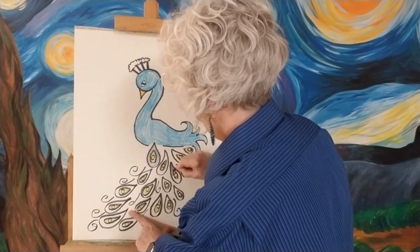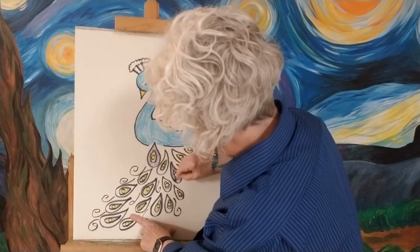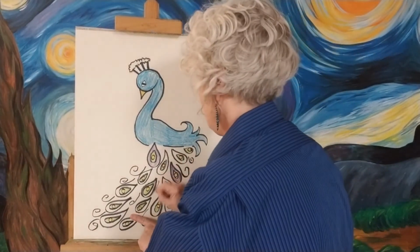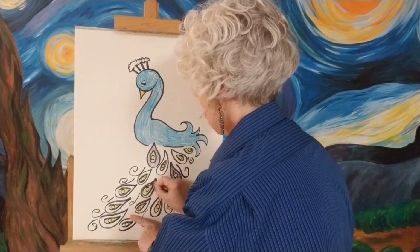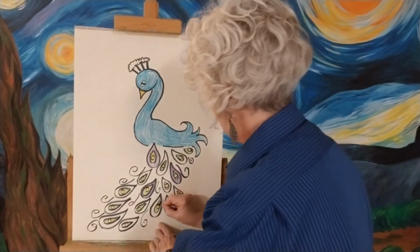Let's try a little bit of both. Notice I make it up as I go along too. I don't have this all planned out. I just start drawing and think, oh, that looks pretty nice. Maybe we'll do it in this color. As you know, sometimes I don't have the right colors out even. I have to go get colors and...